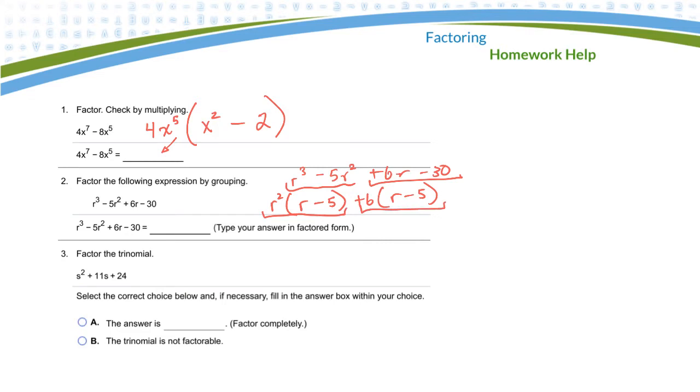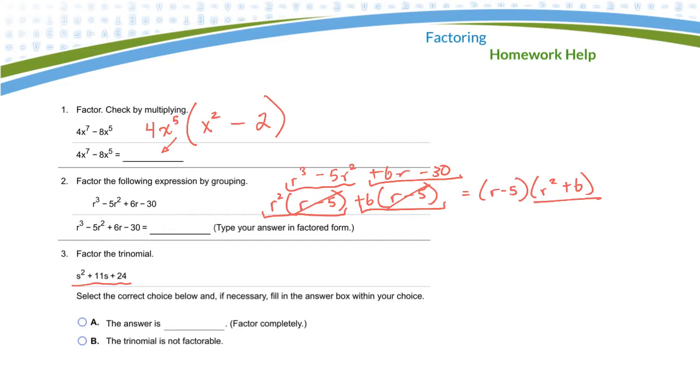And so my answer would be r minus 5, get rid of those two, and then I'd be left with r squared plus 6. This is still a quadratic, so if I could factor it, I'd try to, but I don't think you can factor that. Next one, this is a trinomial, 3 terms,